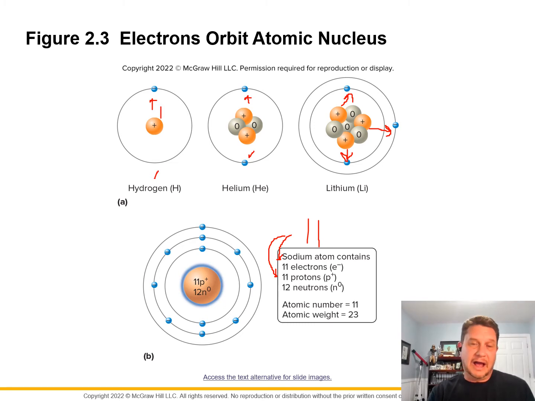And if I tell you that it also has 12 neutrons, you should be able to tell me that the mass number or atomic mass is going to be 23. All right, now again, this book is going to kind of confuse you, keeps throwing atomic weight out, but don't worry about that. These two up here are the main ones that I'm concerned about, the electrons and protons,